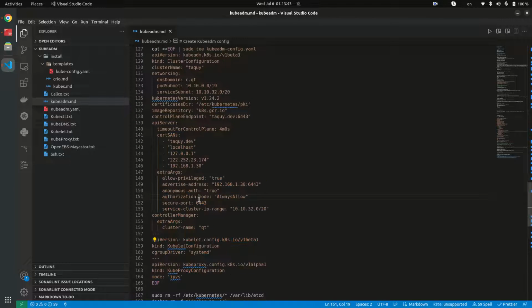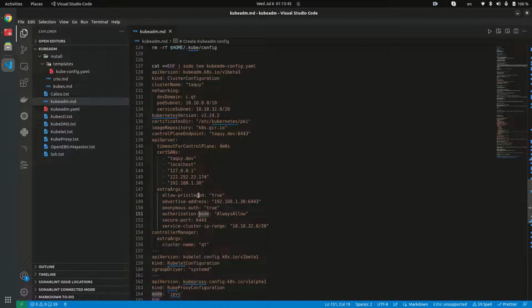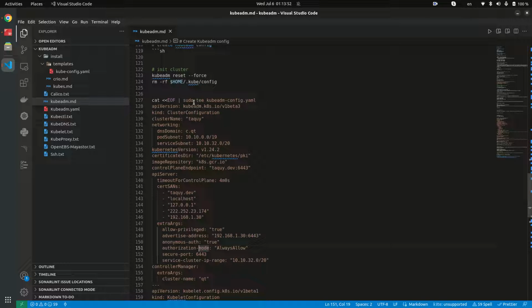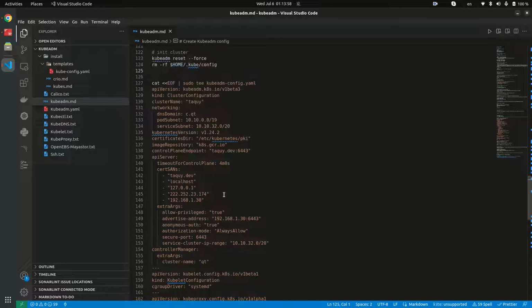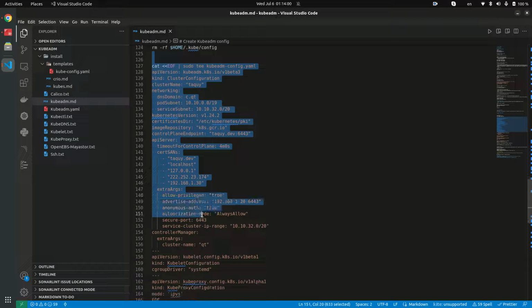So the point is to try to use Ansible to create playbooks, and then those playbooks will run all these commands for us in a sequence, and then it will put up